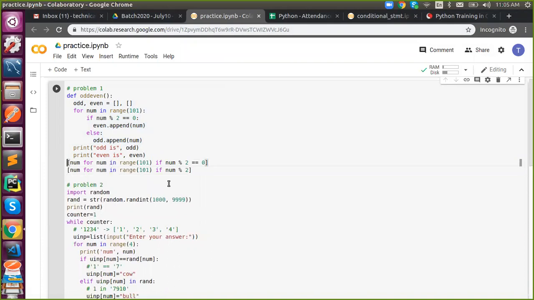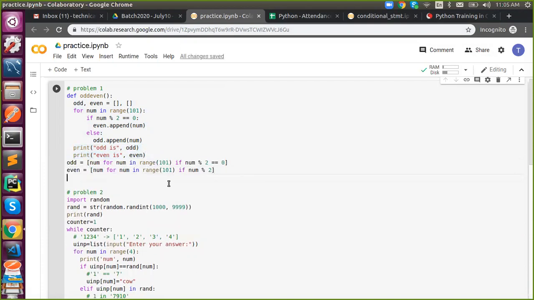I can say odd equals, even equals. That's it. If I print both, you have an answer.